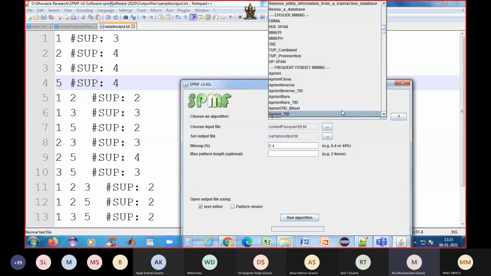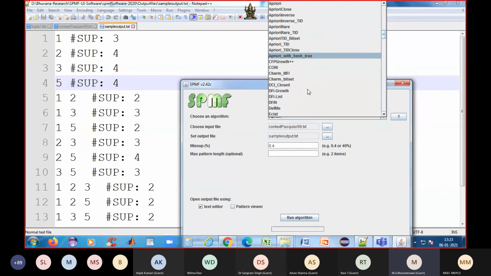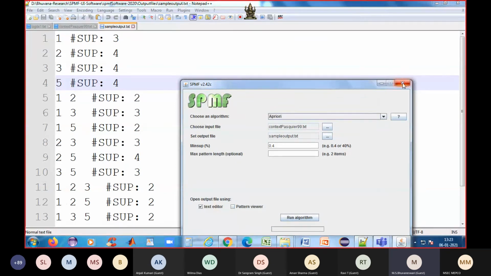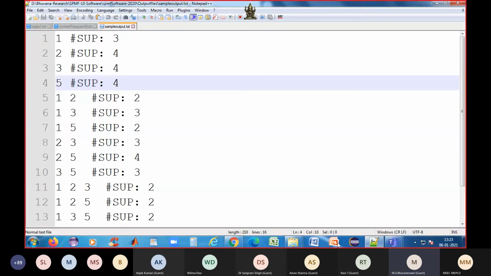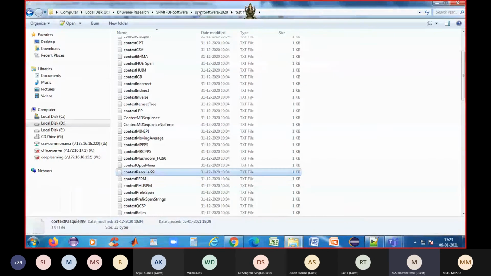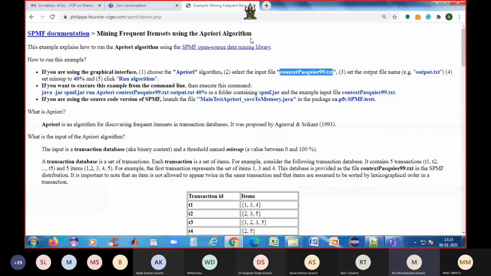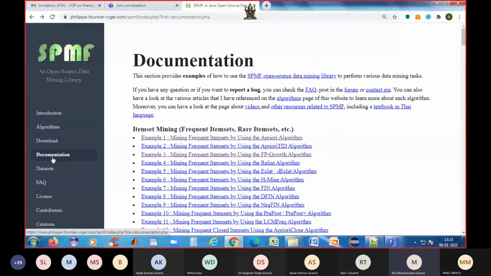So similarly, any algorithm. We have FP-Growth also, we are having it. Eclat algorithm we are having it. All the different algorithms, for everything, the thing is available. Another one is there, where we have your coding files. As I have told you, this is your GUI. So if you are not interested in coding, and I want to execute and see alone, you can make use of this. Or otherwise, if I want to make modifications in the coding, I want to know what are the contents of it, what is the Java coding of it.